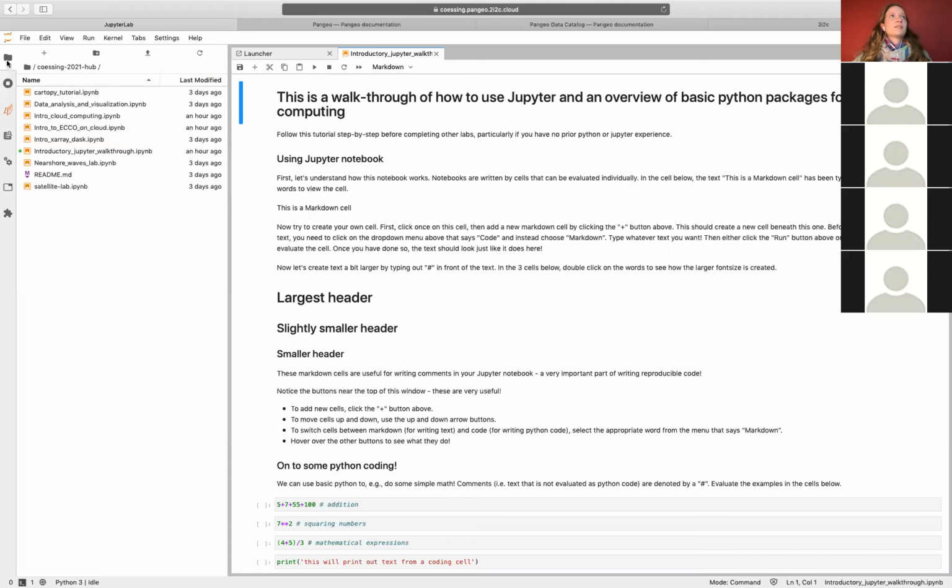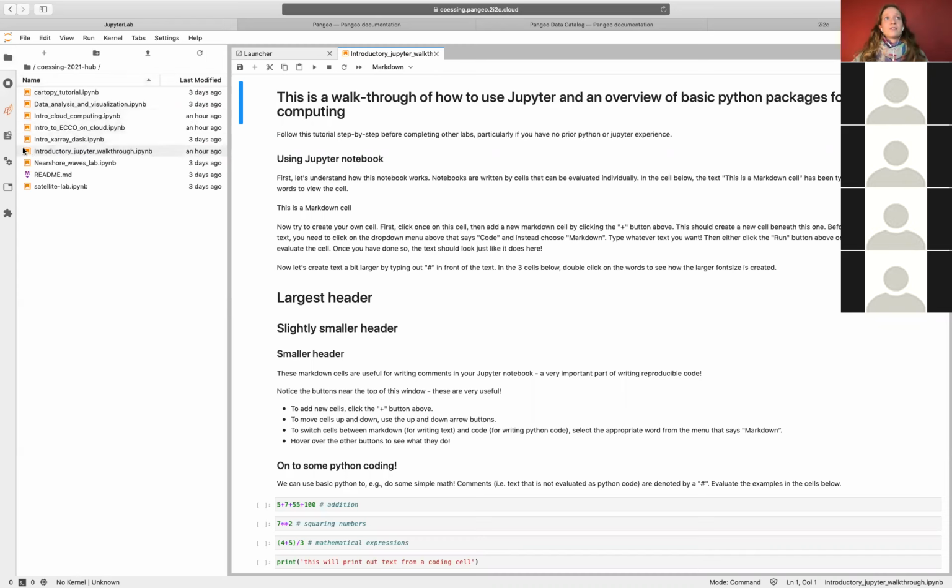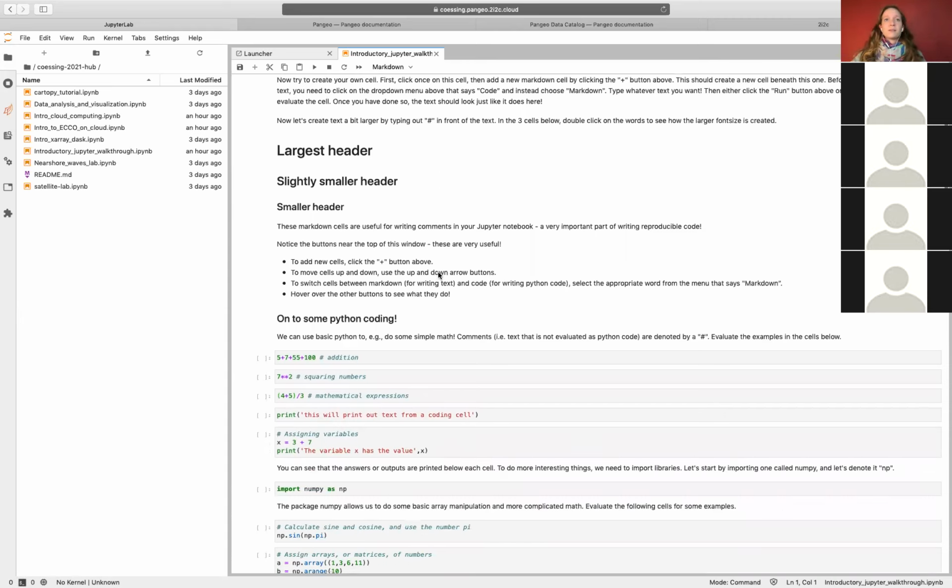If I go to this tab here, so we started in this tab here with this folder. If we go down one, it has this big stop button. We can see that it lists all of the notebooks that are currently running. And we just have one, so it lists that. And we have this button that says shut down. You probably won't need to use this, but it's good to know. You can shut down your kernel by going here. So if I click shut down, it goes away. When I go back over here, we see that there's no green dot anymore next to it, so it's not running. Now you can still see it here, but if you look in this top right corner, it says no kernel. So that means that if we try to run something,